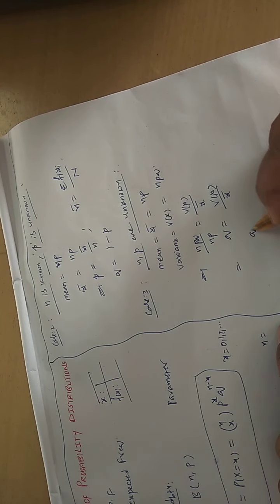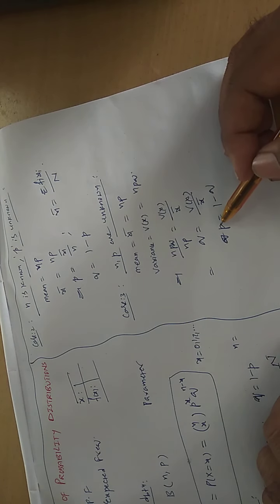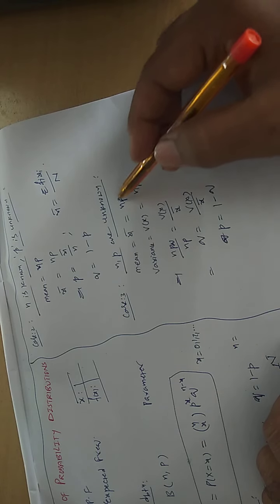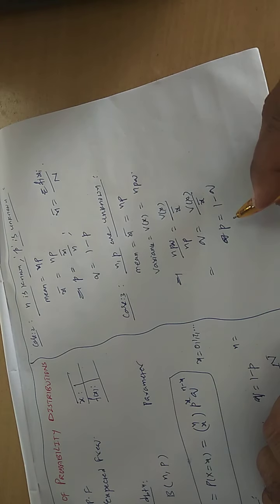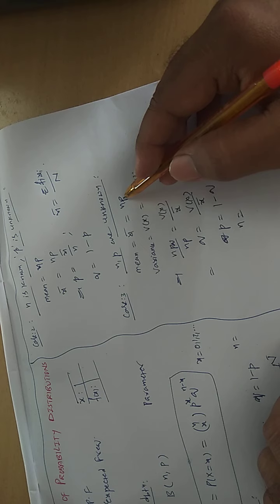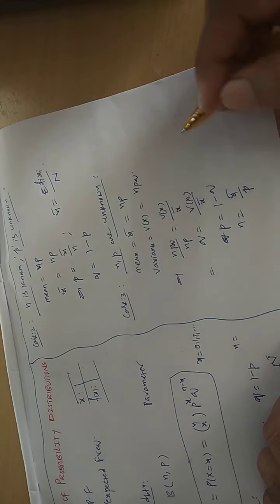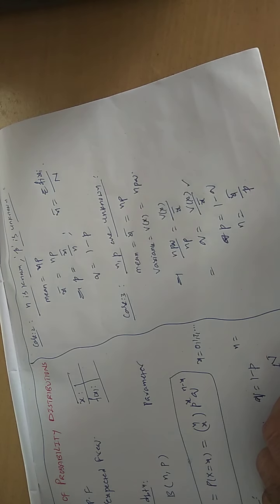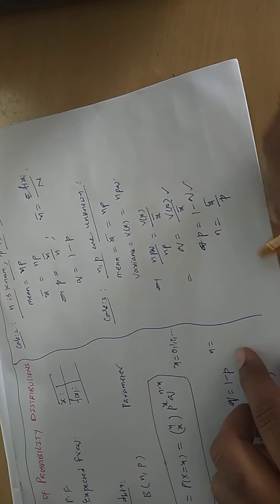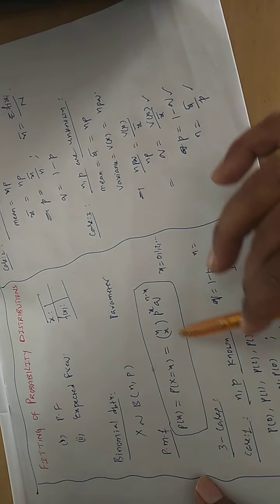After getting q, you know how to get the p. p is nothing but 1 minus q. When you know q and p, you substitute in any one of the formulas here, and you get n also. So according to this relation, what is n? x bar by p. That's it. Now you got the q value, the p value, as well as the n value. Now go for fitting of the distribution.